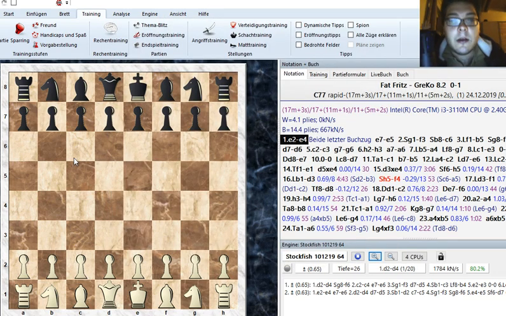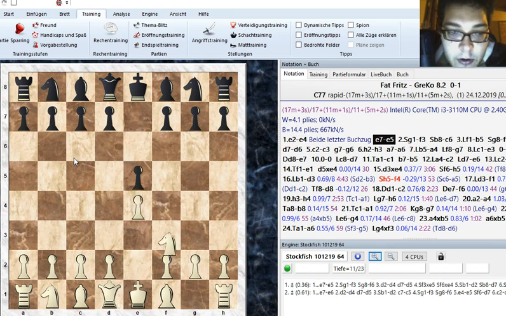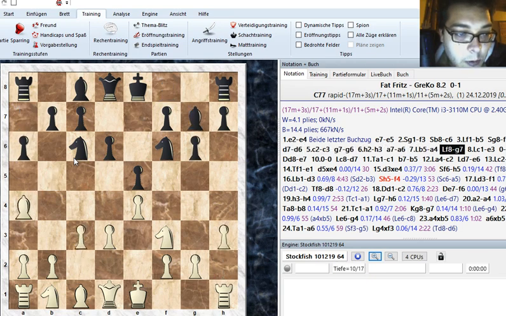So, hello and welcome. A short review of the game Fat Fritz 1.0 versus GreKo 8.2, which Fat Fritz lost on time in a completely winning position. But okay, here e4, and this was the game between myself and Monarch 1.7